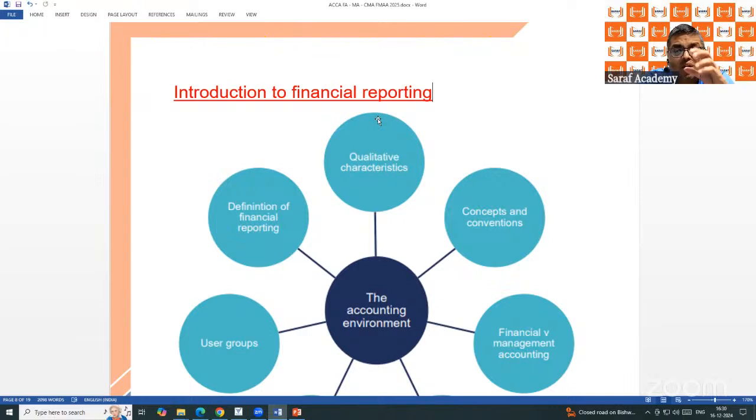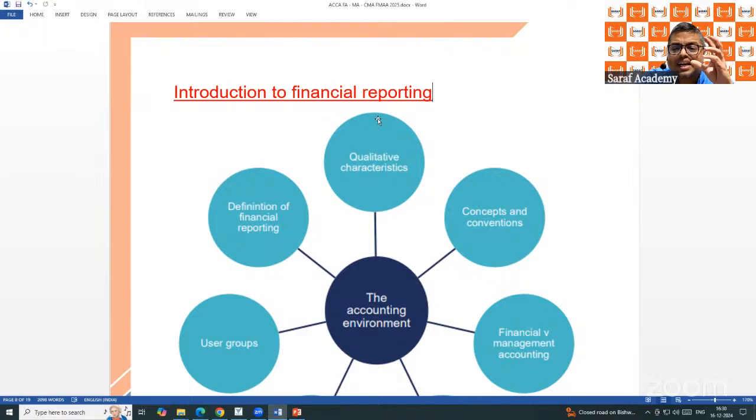Management accounting is required by the management for taking decisions. Management will say they don't need financial accounting. Financial accounting is talking about the past, but management wants to decide about the future. Future depends upon the past, but future also depends upon future course of action. So budgeting is forecasting. Data analysis is forecasting. Variance analysis is forecasting.